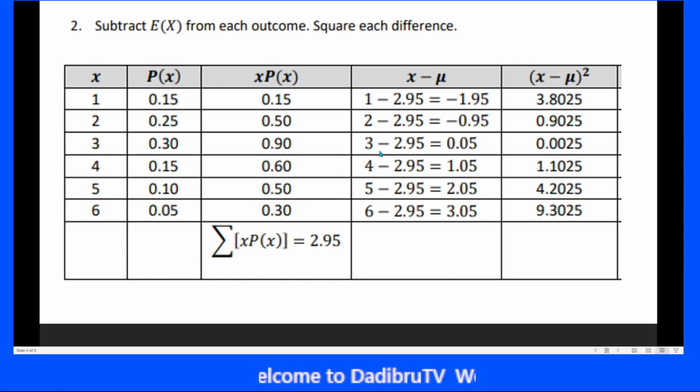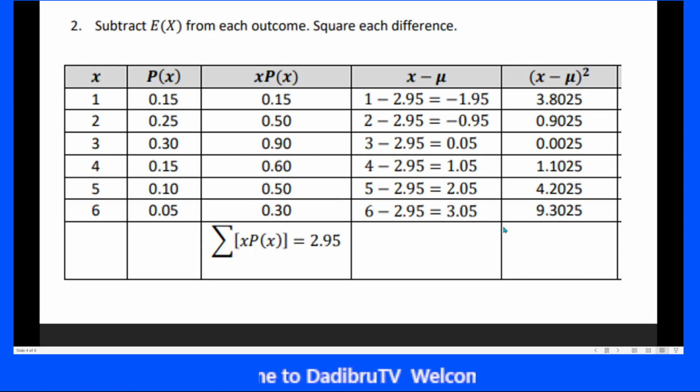0.9025. Next, 3 minus 2.95 is equal to 0.05. Squaring it, that is 0.0025. Next, 4 minus 2.95 is equal to 1.05. Squaring it, that is 1.1025. Next, 5 minus 2.95 is equal to 2.05. And the square of it is 4.2025. Last, we have 6 minus 2.95 is equal to 3.05. And the square of 3.05 is